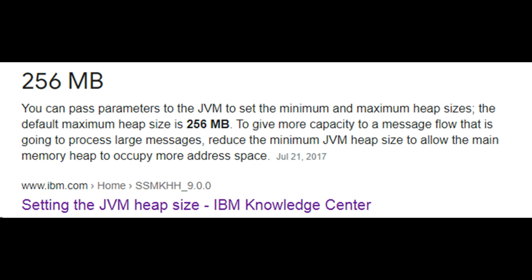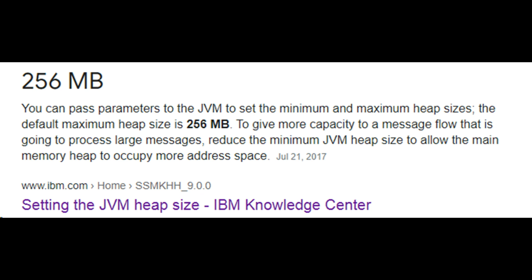Next, for broker execution groups, there is another memory allocation that we can do. Now we talked about C++ memory allocation. Next is the virtual machine for every data flow engine, which is a Java virtual machine. Our Java programs written in IIB or ACE run within the Java virtual machine associated with every execution group or data flow engine.